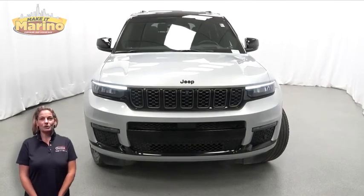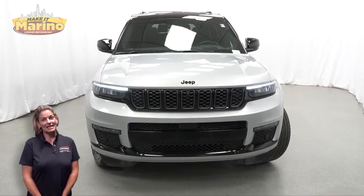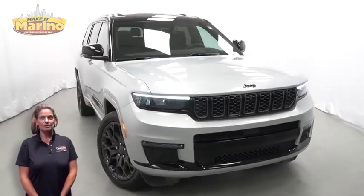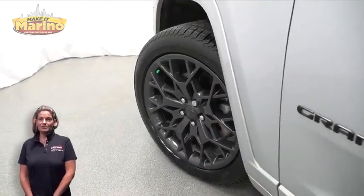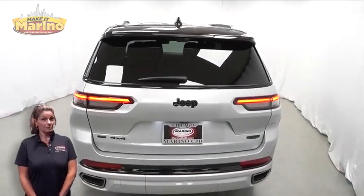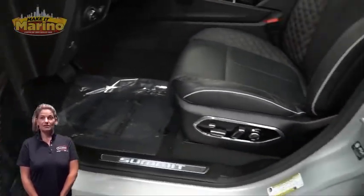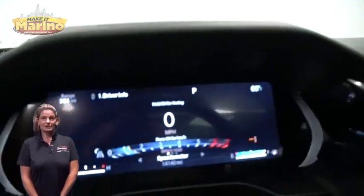Looking for a highly equipped SUV with all the right options and reliability? We'll take a look at this 2023 Jeep Grand Cherokee L Summit Reserve in Silver Zenith. With HID headlamps, premium fog lamps, 21-inch aluminum wheels, blind spot and cross-path detection, tow package, heated and ventilated front seating, heated steering wheel, 14,000 miles on the odometer,